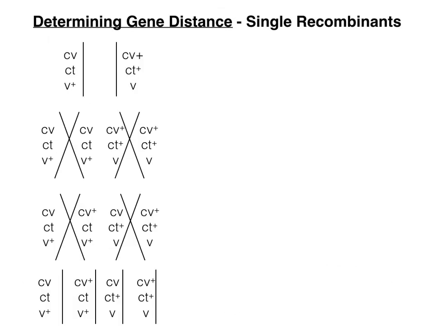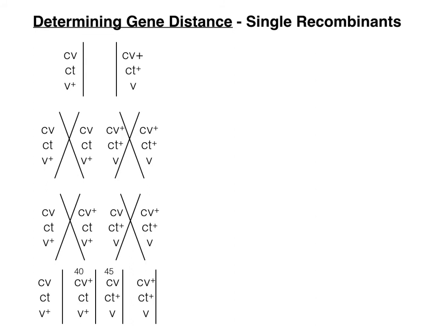So here's the same cross that we had a moment ago. This time, of course, we're focusing on the single crossover and not the double crossover. And we can see that the results of that single crossover are right there. If you go back and look at the table, you'll find that the progeny that appeared 40 times and 45 times are the direct result of this combination of alleles appearing in a particular offspring. Whether it was CV plus CT V plus or CV CT plus V,